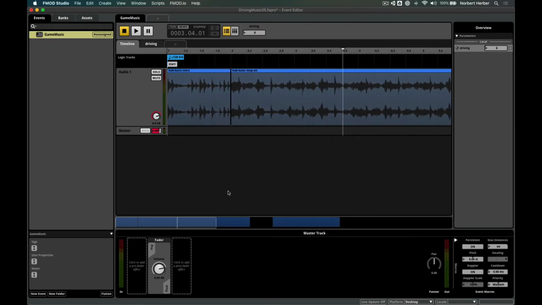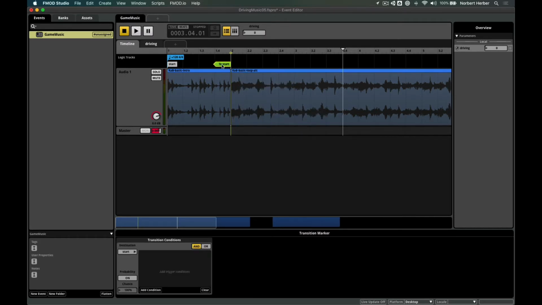I'm going to zoom in a bit, and I'm going to put my transition to start. I can do it that way this time. Drag it and put it right there. I want it to be there, so this green line is right here at the beginning of bar 2, the end of this opening loop. And then, with that highlighted, I can say that driving is the condition, and we want driving to be 0. There we go. So now, play this back,